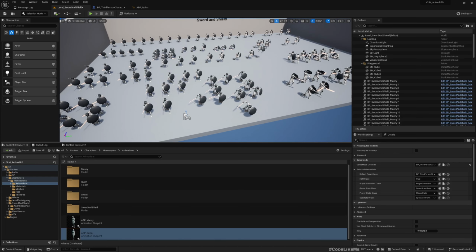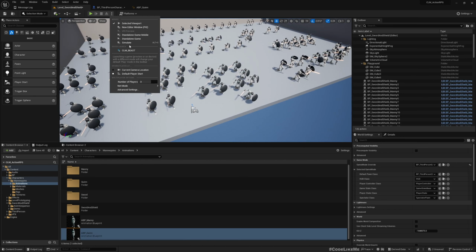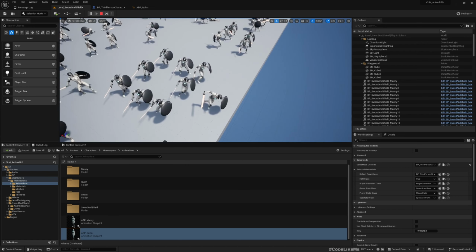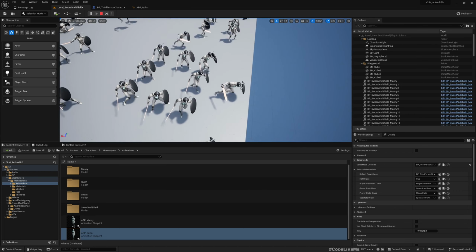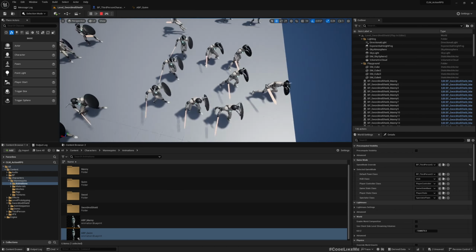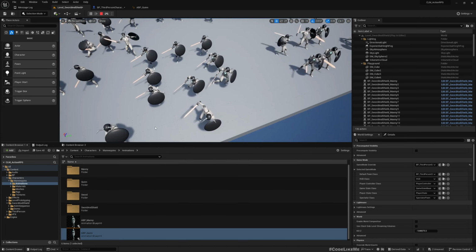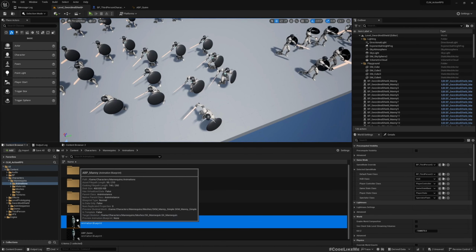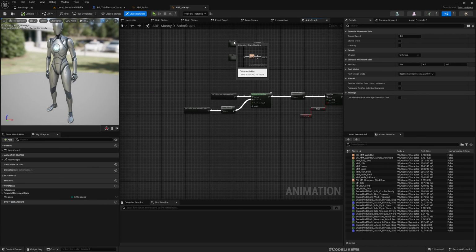Okay, so here is the animation preview of the Sword and Shield pack. If I simulate, you can see all the animations in action, and I'm planning to use this set of animations for the armed movement 8-way blend space. So to use that, let me first show you the existing animation blend space that I have used for armed movement, which is here,